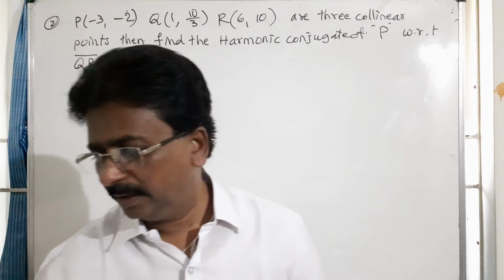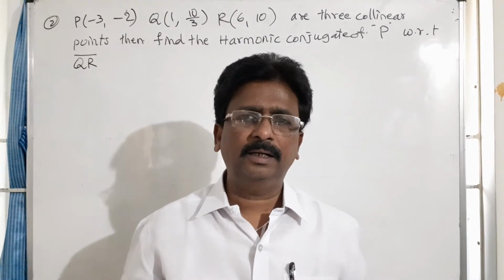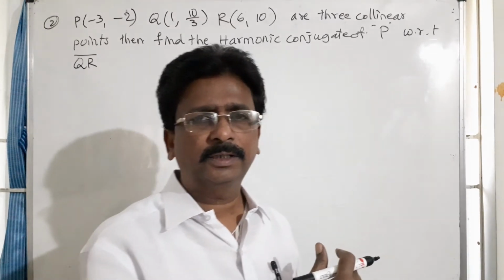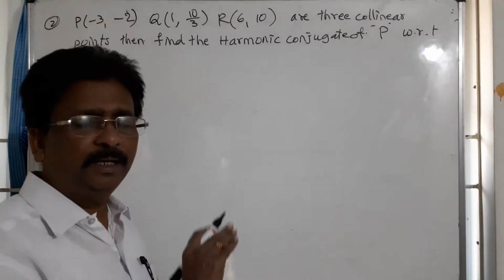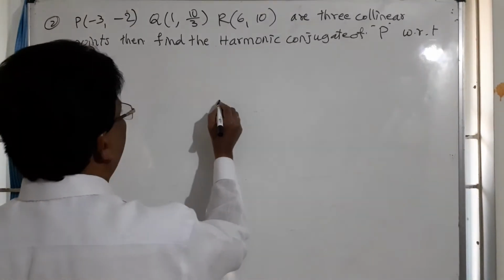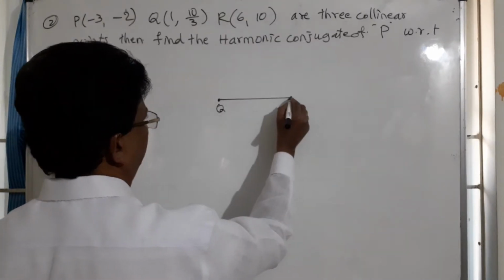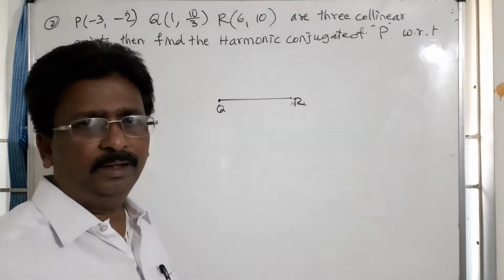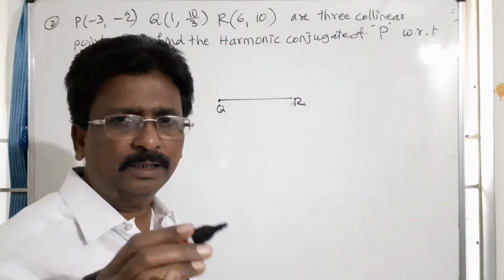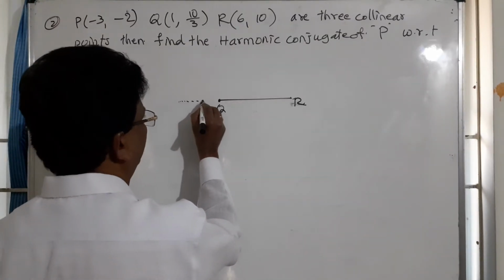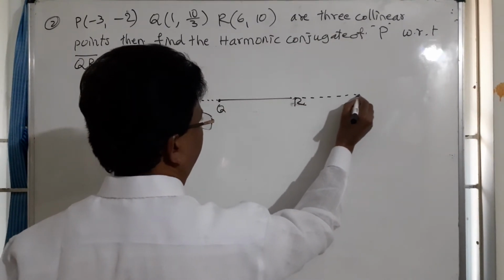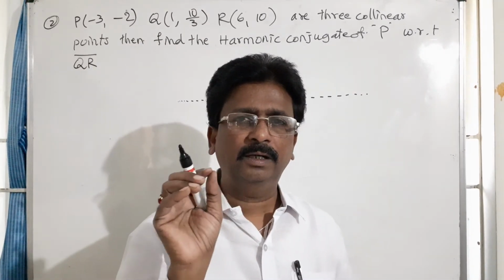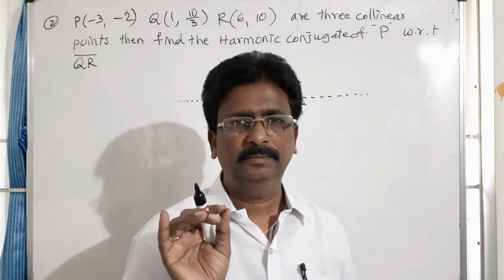Okay, let us find what it is. First you should know what the harmonic conjugate of a point is. I will write the definition of the harmonic conjugate here. First you listen to the explanation. Now there is the line segment QR. Suppose P is a point on that line, anywhere, either internally or externally. I am not explaining this problem; I am explaining about the harmonic conjugate of a point.